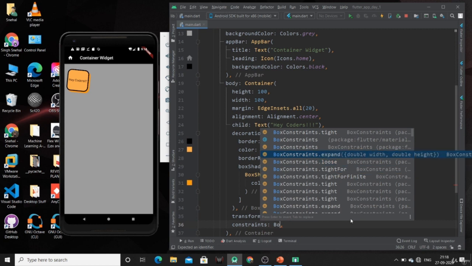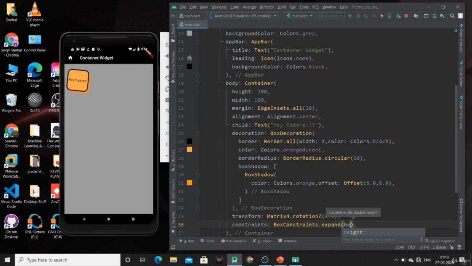For that you have to mention the height or width about which you want some constraint. Just hit Ctrl and S. I can change the height also. This is the type of constraint we can give to our container.